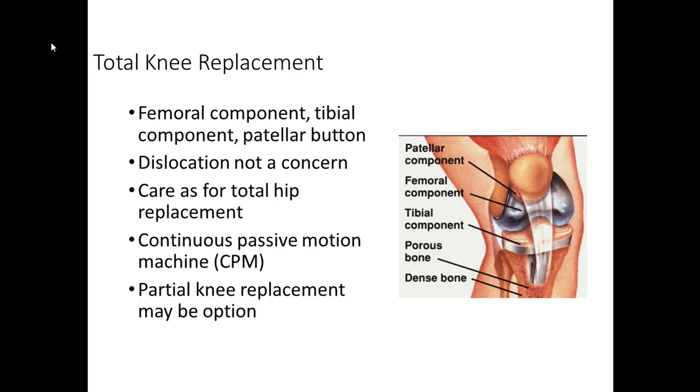A lot of the care is the same for a hip as it is for a knee. They will have what's called a CPM machine. Basically, it keeps their knee moving while they're in bed while they sleep. Sometimes they will use it for the full 24 hours. Sometimes I think it has to be on for an hour every 4. It just kind of depends on how their surgery went and if the doctor's worried about any issues.